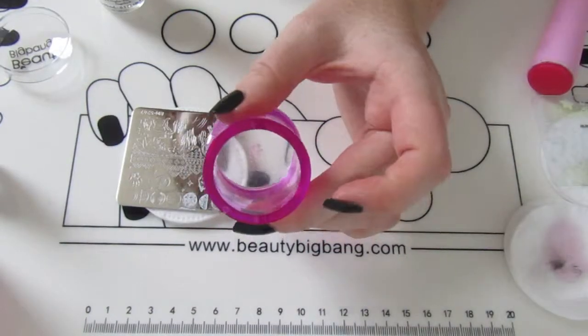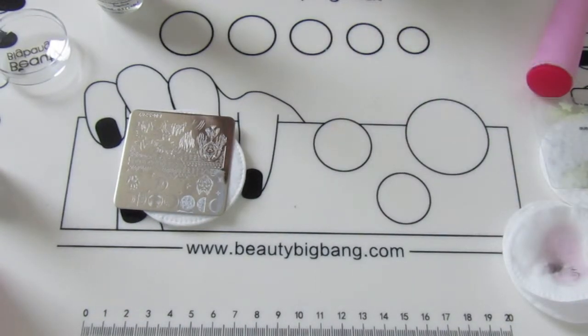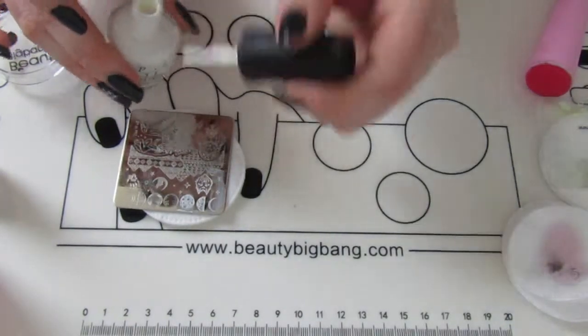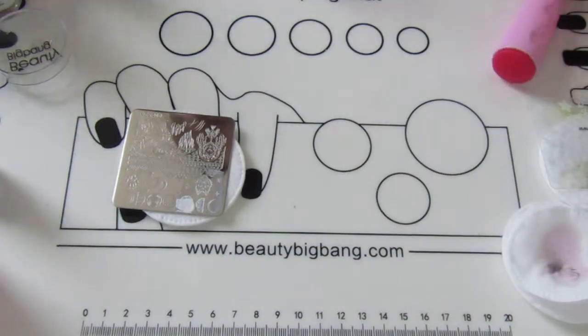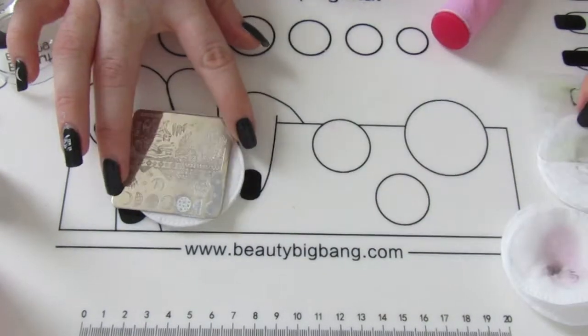But with the moon shapes on here and lots of people doing moon designs, and also seeing this really beautiful moon the other day, I thought, I have to do a moon nail art. So that's where my inspiration came from. I saw it and went, okay, yeah, that's my design. And if you keep an eye out on my vlog in the next couple of weeks, I'm planning on doing a post about